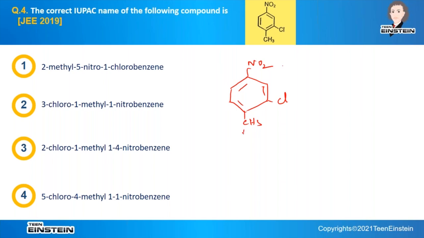So here 1, this is 2, this is 3, this is 4, this is 5, this is 6. So now it is very easy to number this compound. So here we can name the substitutions based on